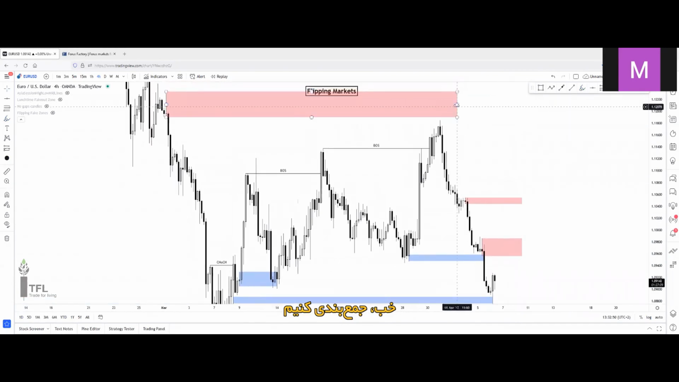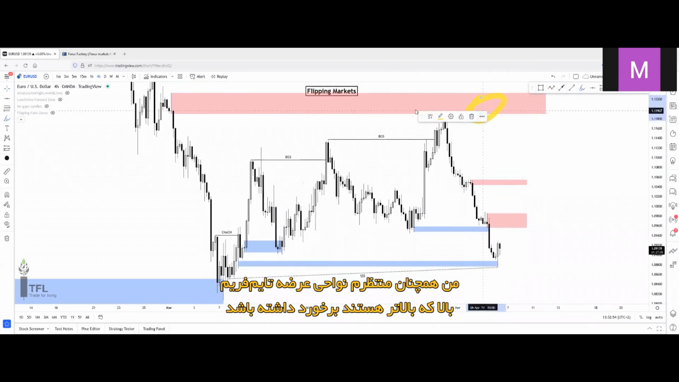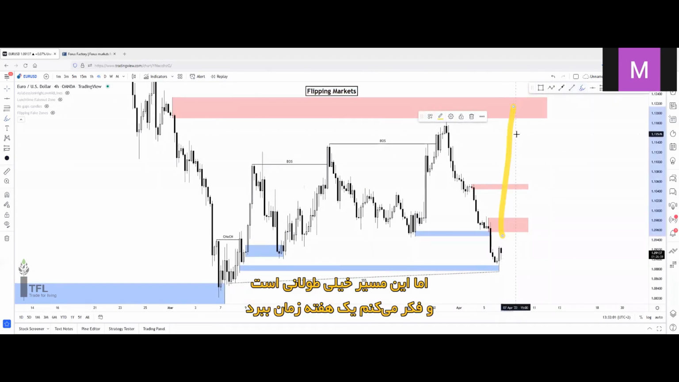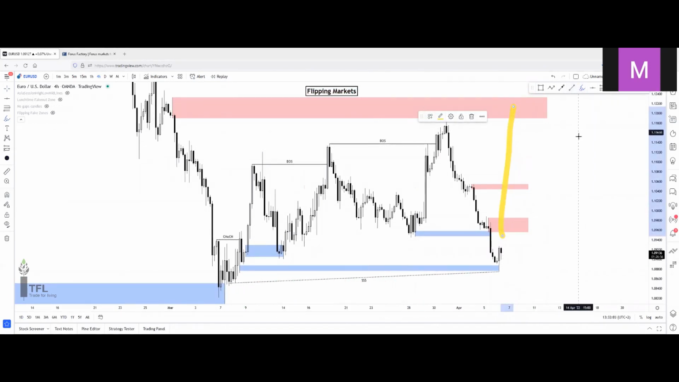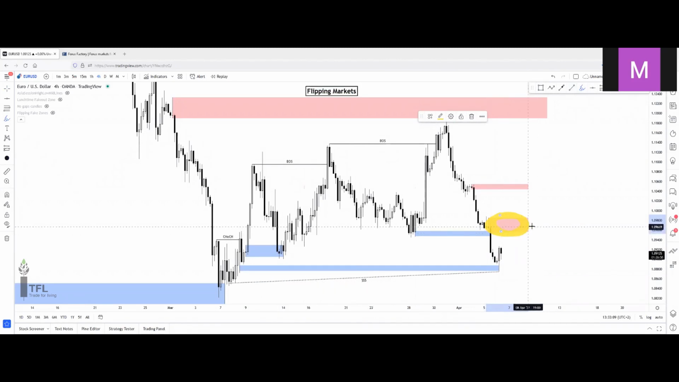So, conclusions: I'm still waiting for a tap of this higher time frame, higher area supply zone up here. And after a tap of this supply zone, we'll have to create a new bias. But this is so far away. So this will happen in weeks, I believe. First, I'm expecting a tap of this supply zone. And I believe the tap of this supply zone will happen 100% this week or even today,